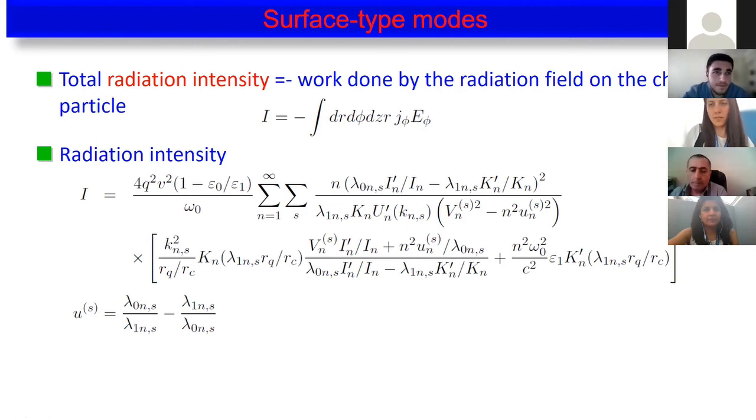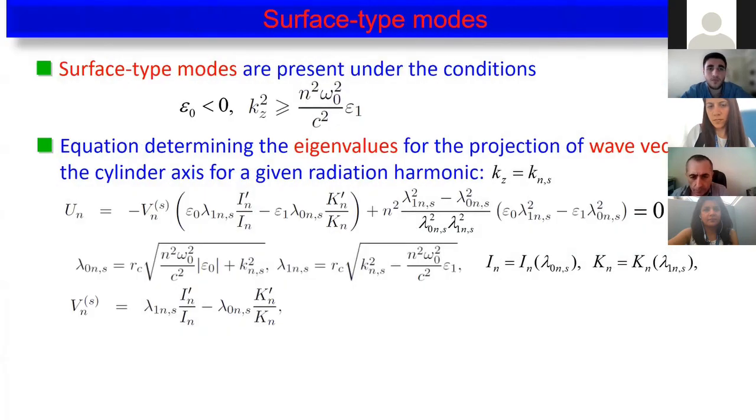Thank you. And the slide before, could you go one before? Before? Slide before. Yes. Yes, this one. So this equation determining the eigenvalues of the projection. What is this equation? This equation, this UN equal to 0. This is the equation. What is UN? UN, you see, this is the left side. This is just after the equation determining this equation. This is the transcendental equation. But how did you